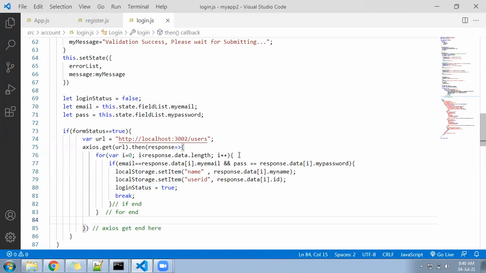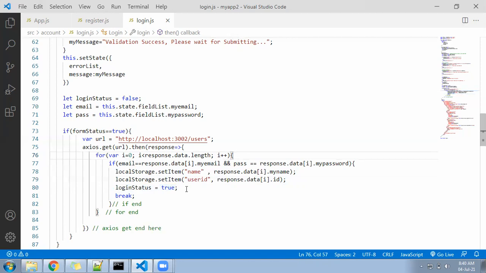Out of thousands of users, we applied a condition that in 1,000 users, whoever's email ID and password is matching, I need his name and ID and I'll store in the local storage for further use. And at the same time, I will make a variable true so that once the loop ends, I will get to know whether the user has been found or not.